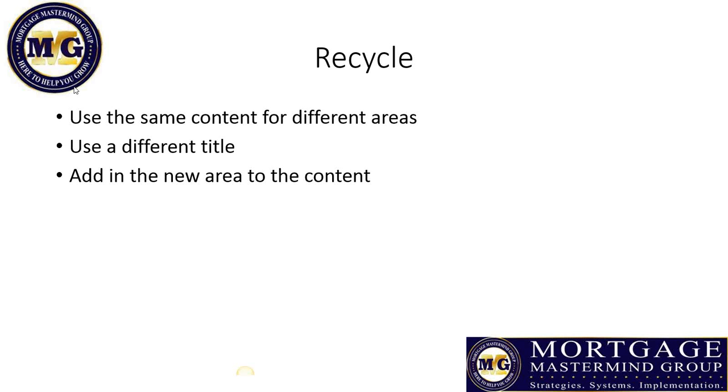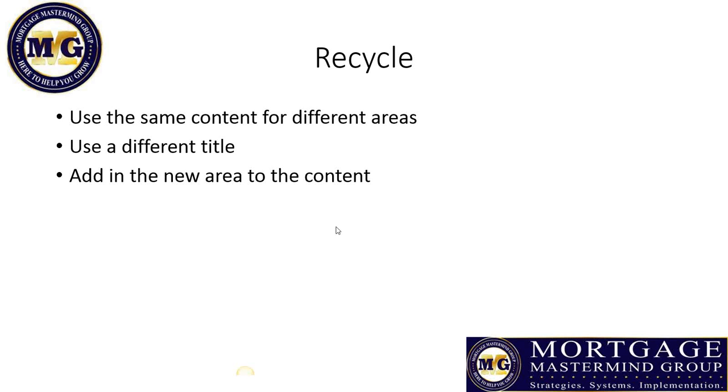Just change up the keyword phrase a tiny bit so it reflects the new area, and then sprinkle that into the content where it's important. That's it. That makes it new content for that specific area. Remember, Google wants to localize all of its searches. People do not necessarily search locally, but the results are local, and it's based on our IP address or where we're accessing the internet from.